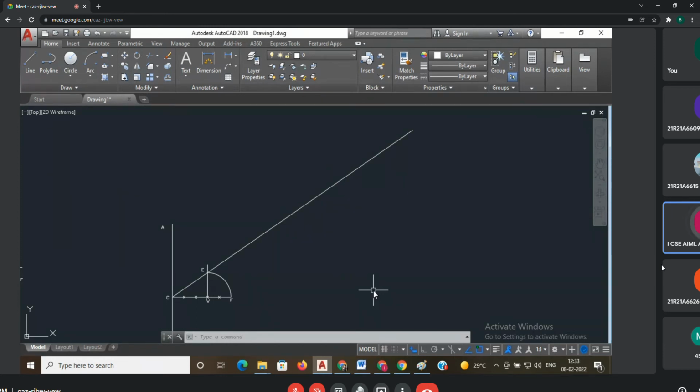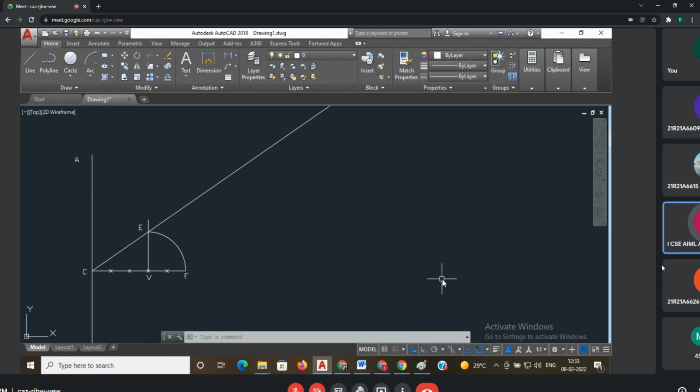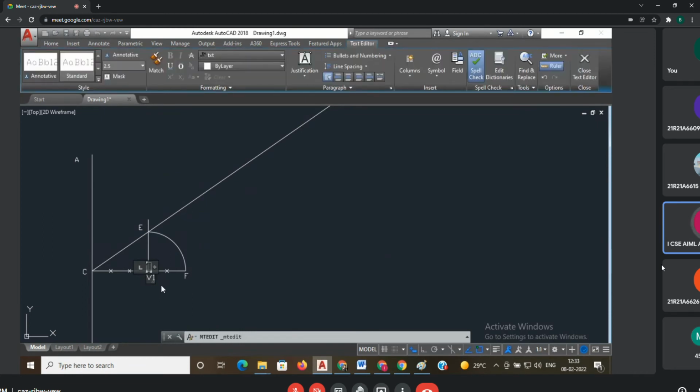Why are we drawing this 45 degrees line? To find out the second vertex point. Why? Because the ellipse is a closed curve. So you can draw a rough line, divide that line into 12 or 15 equal parts, and roughly draw the arc. But if you want exact dimensions, the exact end points of the ellipse, the first starting point is here, vertex 1. This is your vertex 1. Okay, so this is V1.